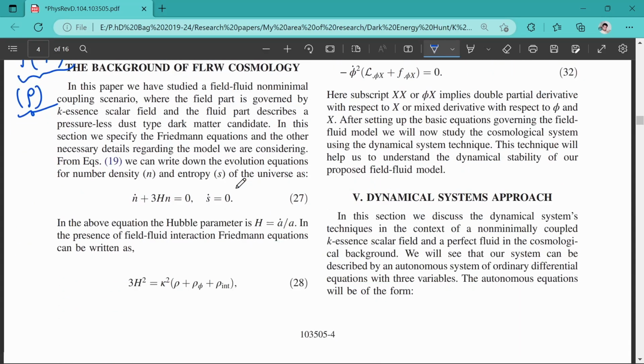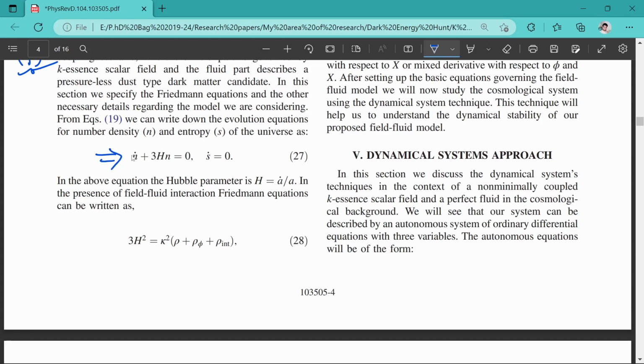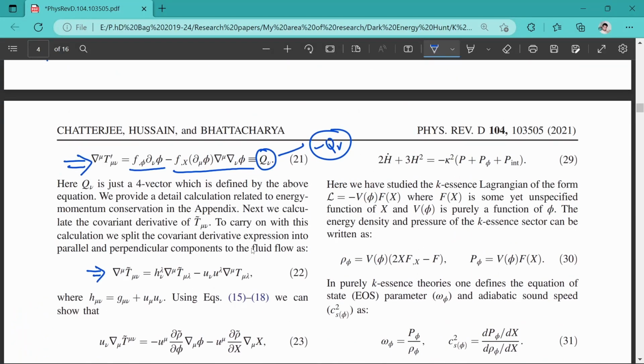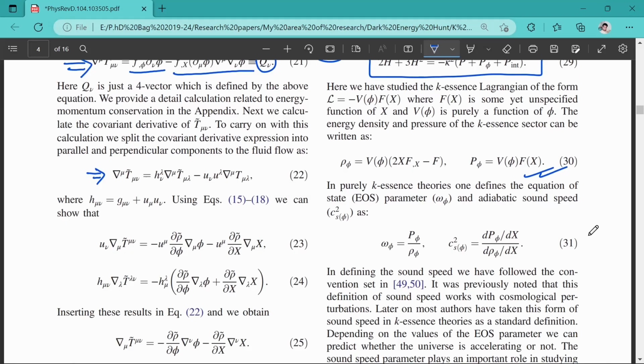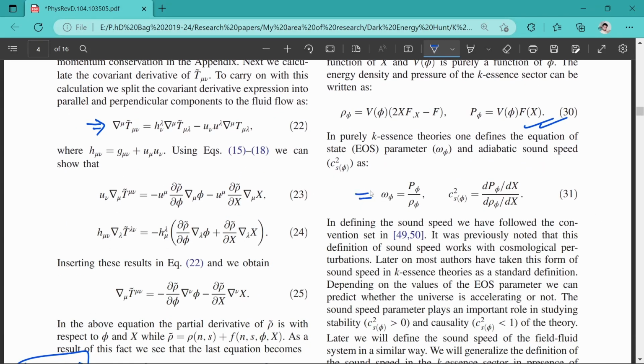Now in the background, if we impose ds² is equal to minus dt² plus a² dx², and expand the first Friedmann equation, you will end up with rho corresponding to the fluid, the field, and the interaction part. Similarly, we get the second Friedmann equation, which consists of pressure, again with pressure coming from the interaction part as well as the field, and so on. So here is again the same thing, like the energy density of the field. And now we can define a few new parameters like the equation of state, as I have already defined in my previous videos: if you take the ratio between pressure and density, you will always end up with the equation of state.